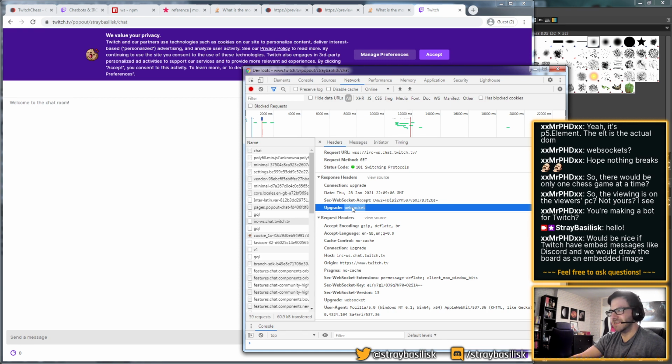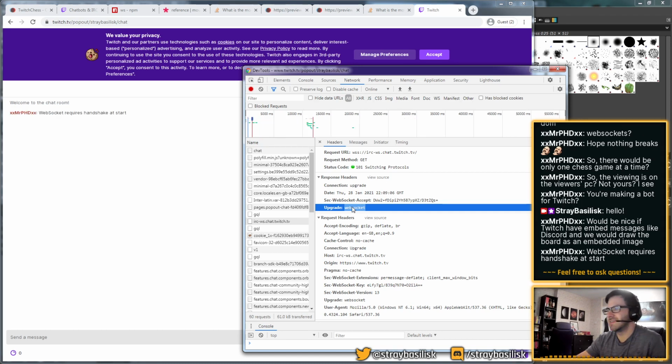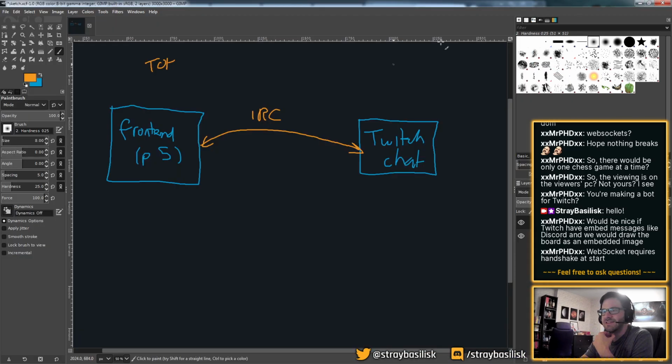So it wouldn't need to be running live on the stream, it could just put it into the chat. I guess if there are ASCII characters for chess pieces, I think you'd draw an ASCII art chessboard, but I don't know if the formatting would work. Yeah. So my hope was that we could do this. What I actually will need to do is probably use my tablet again.